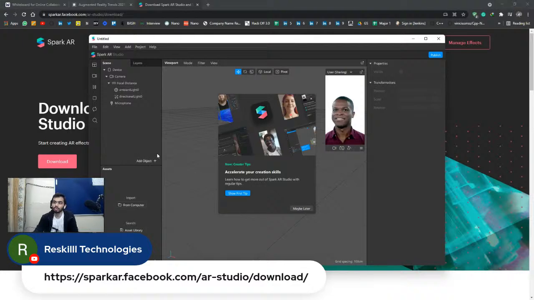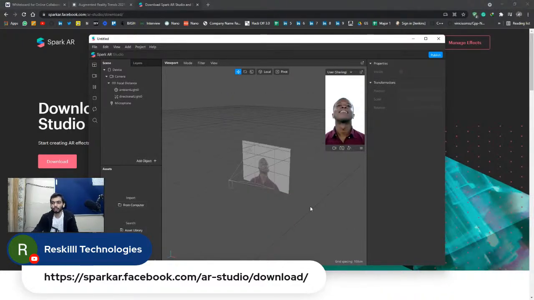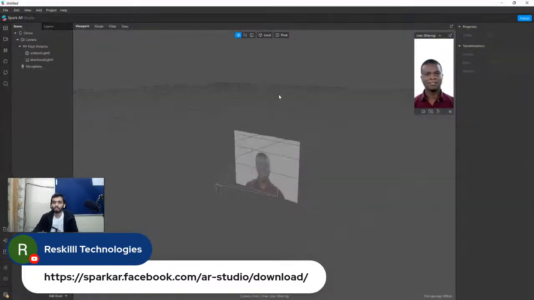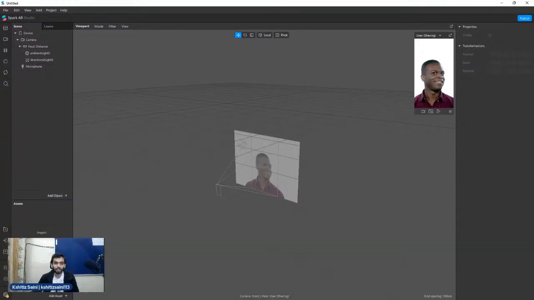Right. So the new blank project has opened up, and this is how the Spark looks when you open it for the first time. Here, the central area is the working area, where my mouse is currently hovering, and we will be working in the central area to